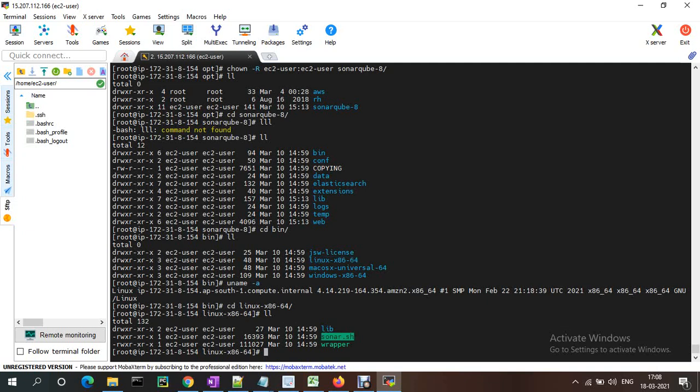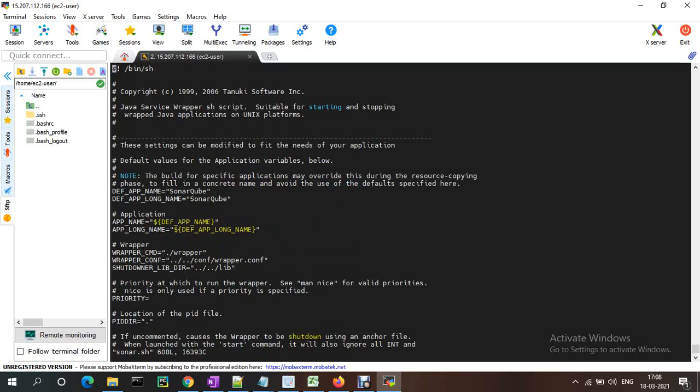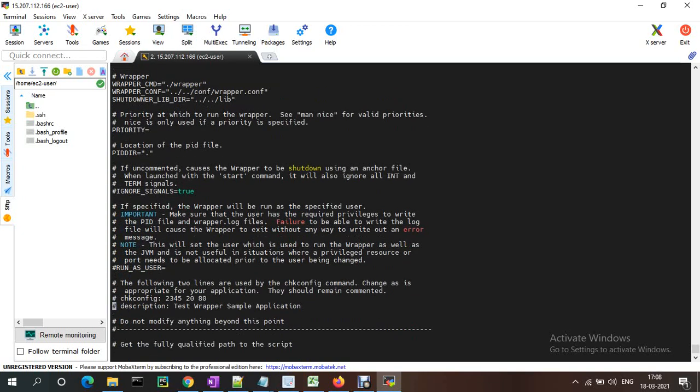Here we need to update RUN_AS_USER to ec2-user. Whatever user we are going to run as, we just need to update here. Run as ec2-user. Okay, this is the user. By ec2-user we are running all of SonarQube.